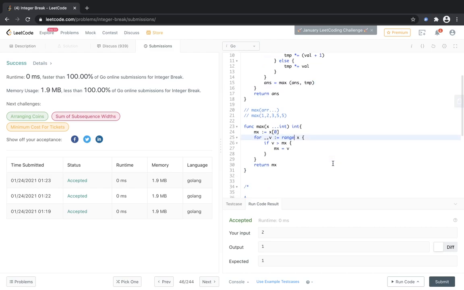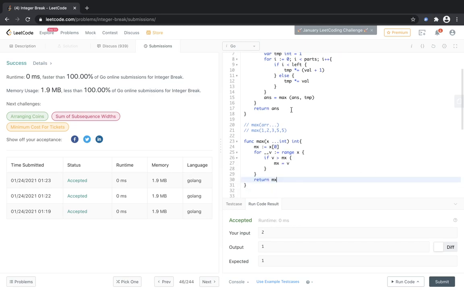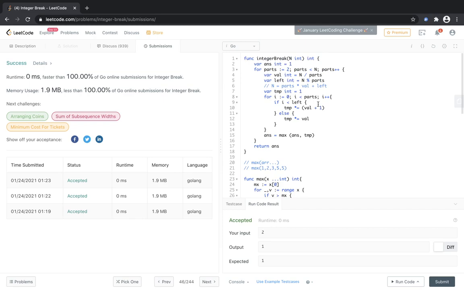For example, if you are writing a template, or if at times you need to compare a variable number of things. For example, here you are comparing only two things, but if it's a large code base and down the line you're comparing three things, you can use this. You can write one function that takes a variadic parameter. So this was it for the video, and in the next video I will explain the theory behind this, how I got the intuition and why it works.